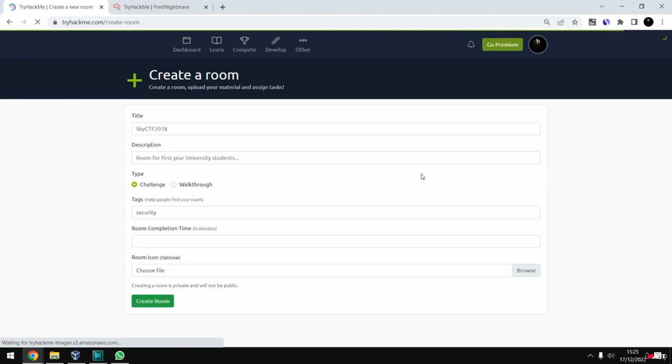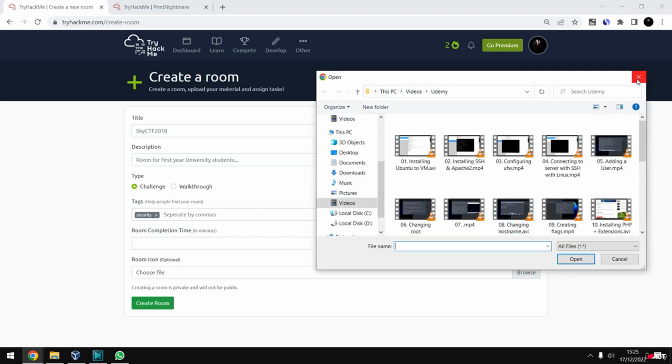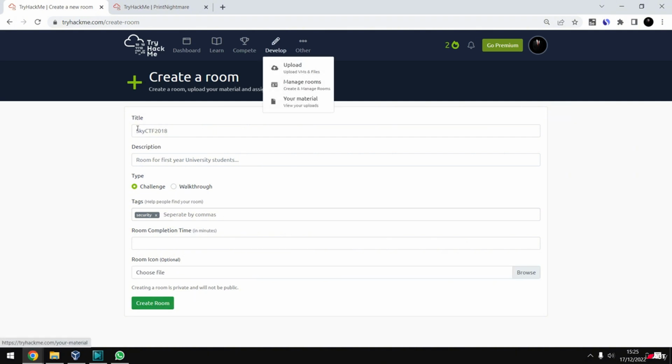So here we are inside the room, so you can give the room title over here, description over here, then the type. Well, if it's a CTF, then it's a challenge, then you can give tags here, then room completion time and a room icon. So you can fill up this stuff. Then after filling all this stuff, you're gonna click on create room, then it will move to a place like